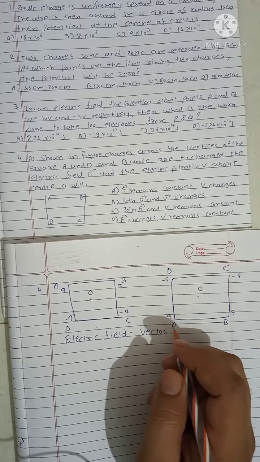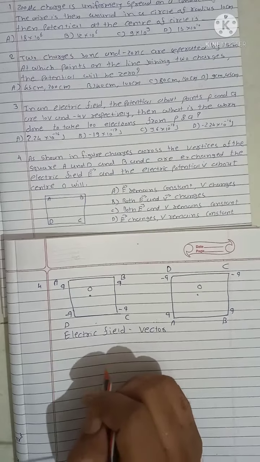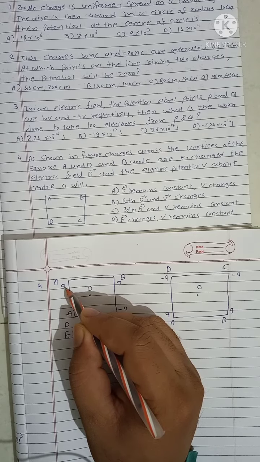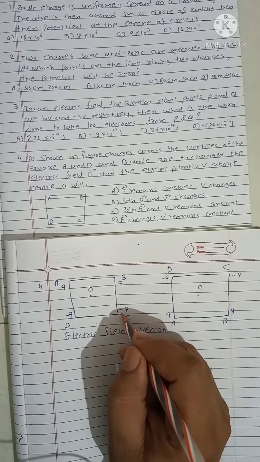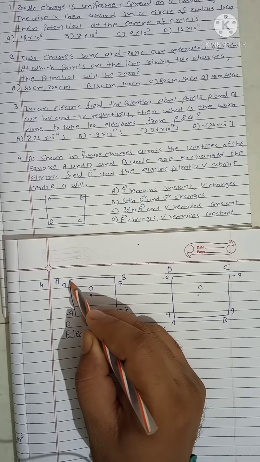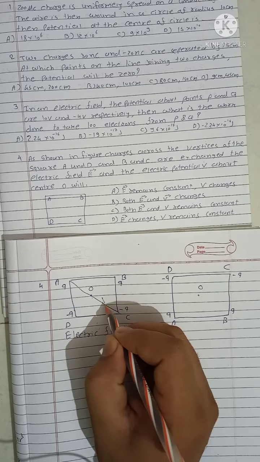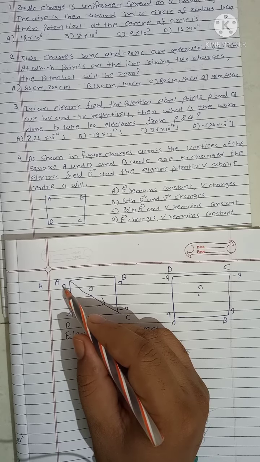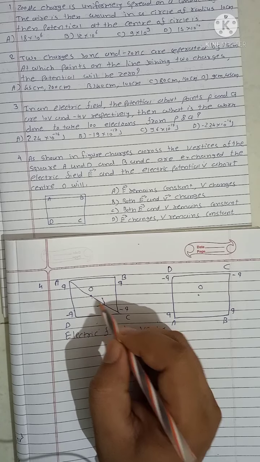Okay, so in the first case, the resultant vector of the electric field will be in the negative direction. Let's see how. At point A there is a positive charge and at point C there is a negative charge, and these two points lie on the line joining through center O. For that, the resultant electric field for these two points is in the direction of point C, as the positive charge at A gives an electric field in the direction of C.